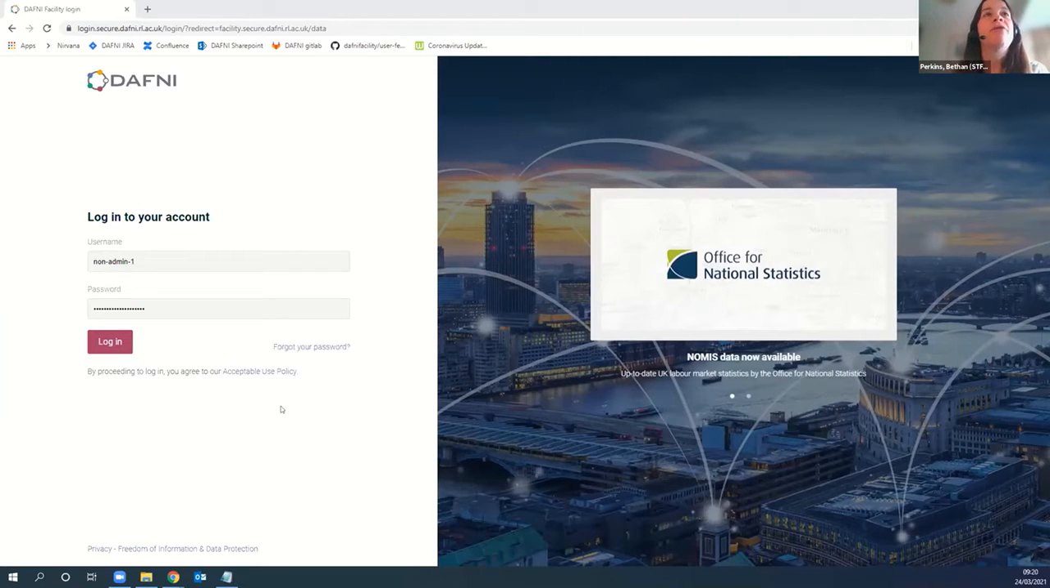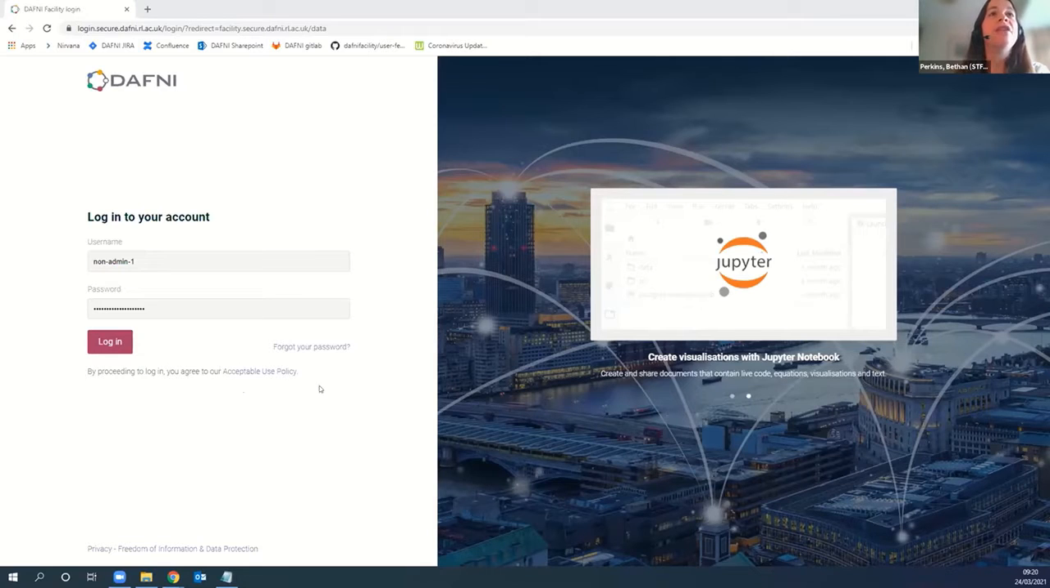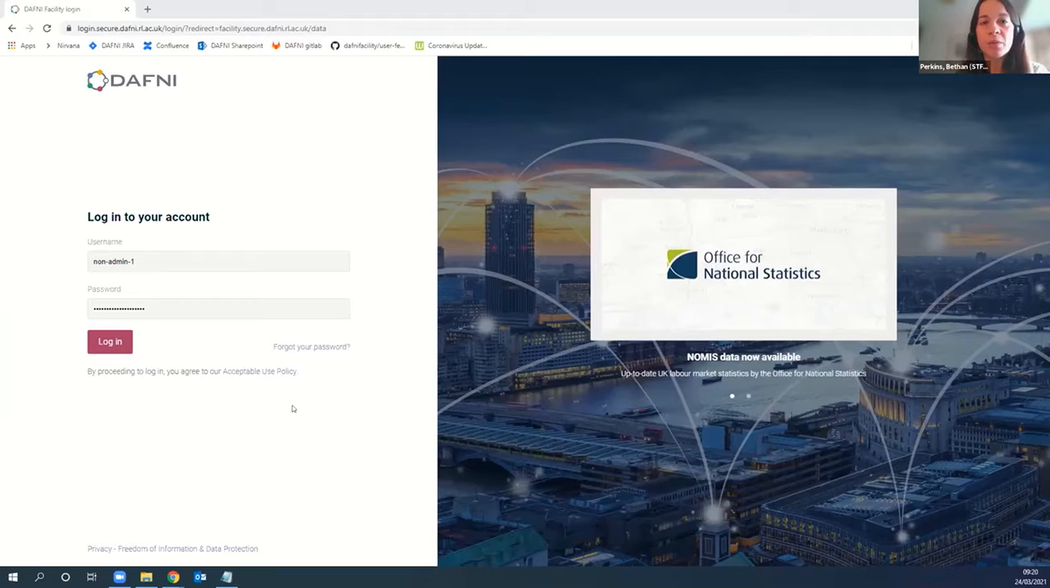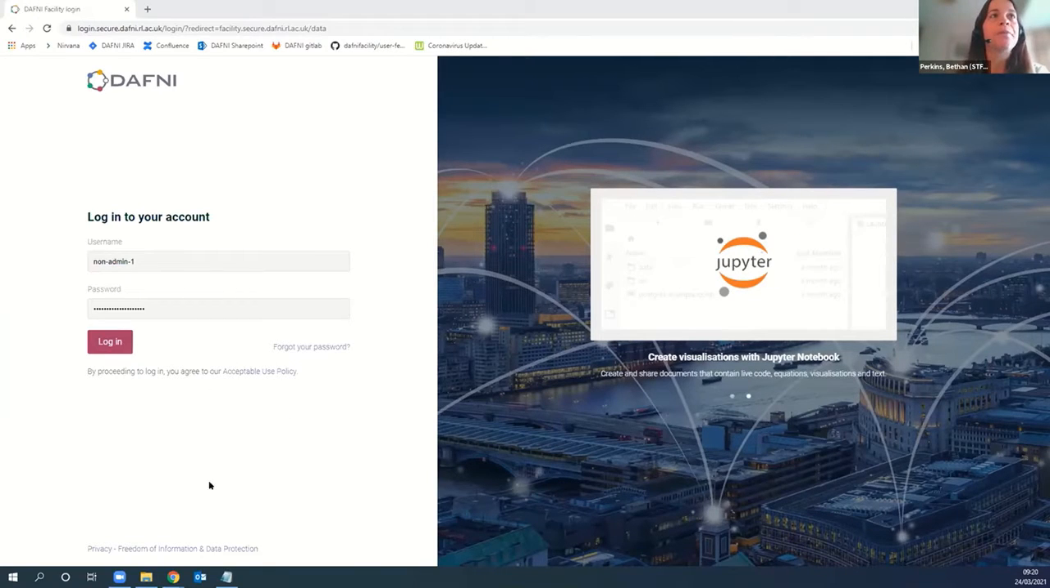So the DAFNI platform login page is here. I'm going to log in today as a kind of demo user that we have for these sort of events. A thing to note is that there is no register button. So if you want an account, as Brian just mentioned, then do get in touch with us and we can arrange that for you. So if I log in as this non-administrative user,